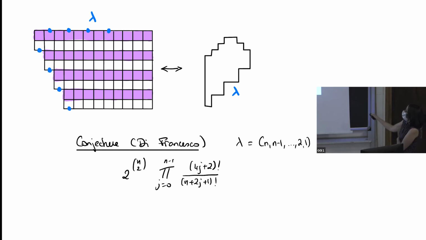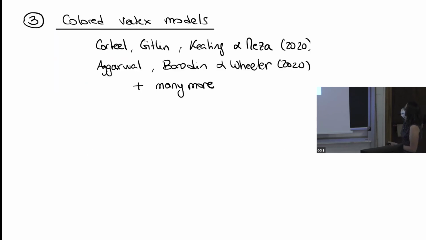the southeast part. Okay, and there's a very beautiful conjecture of Di Francesco that these domino tilings have a nice product formula. And I think that nobody knows how to prove this, and seeing this as a vertex model for now hasn't been helpful to give a proof either. But there are some very cool combinatorics coming from looking at this vertex model, not anymore on a rectangle, but on different shapes. Okay, and the last thing I want to advertise is something that David is going to talk